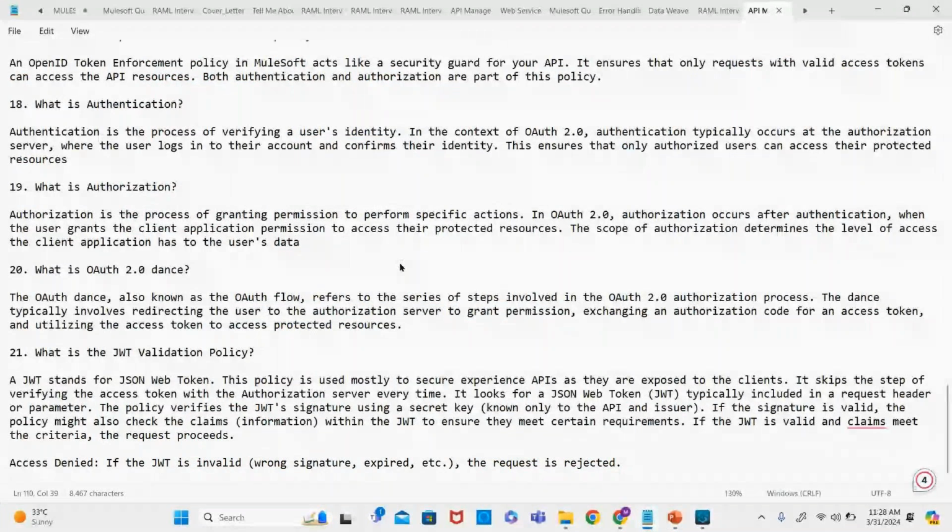Now, what is the OAuth 2.0 dance? Already we know, right? The OAuth dance, also known as OAuth flow, refers to the series of steps involved in the OAuth authorization process. The dance typically involves redirecting the user to the authorization server to grant permission, exchanging the token, and utilizing the access token to access protected resources. These series of steps are known as